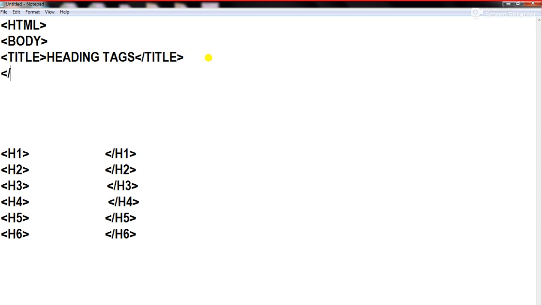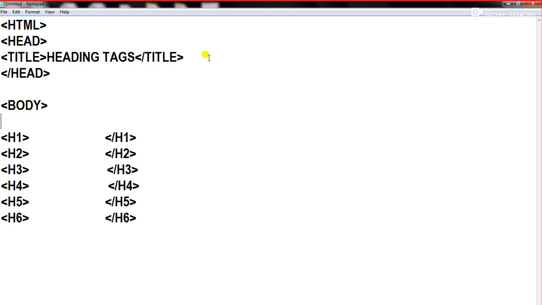Now we are going to close this head tag, right? Till now I have written this wrongly. It should be the head tag, H-E-A-D, not body. So till now the head part is over, okay? Now we are going to write the body part. Whatever we write in the body part will be displayed in the web page, right? Now we need to close the body